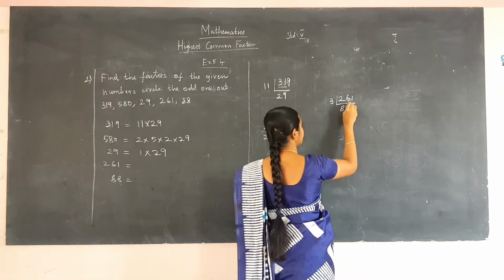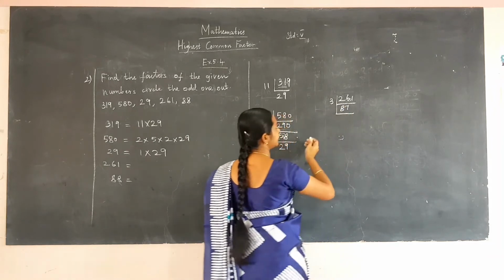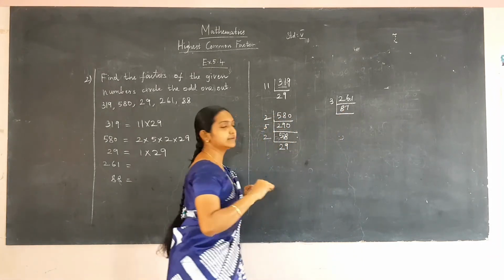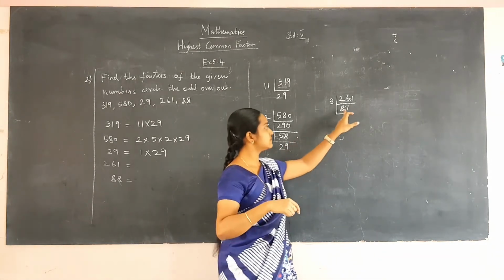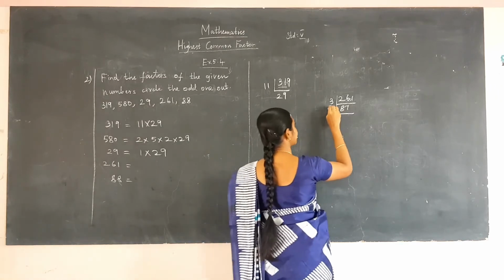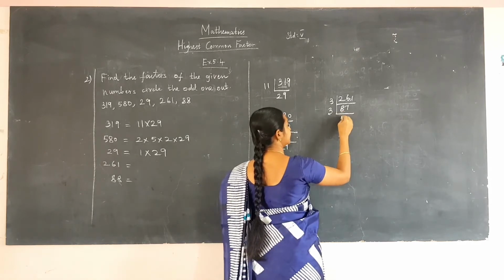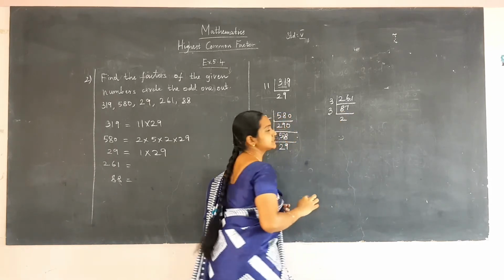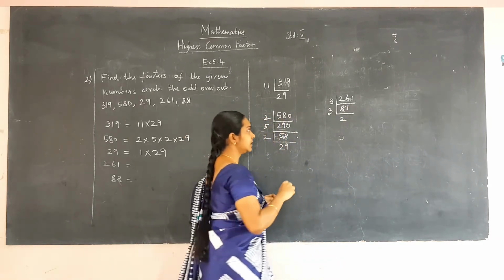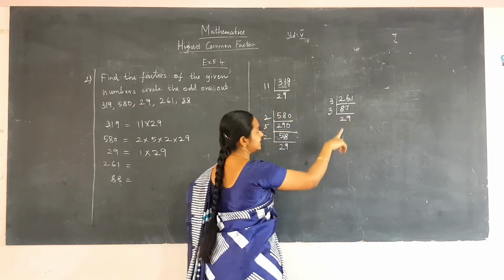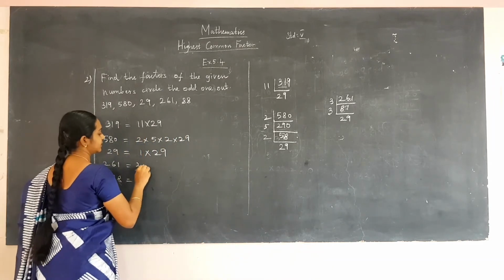7 3s are 21. Again factorize it with the number 3. Add 8 and 7. 8 plus 7 is 15. The number 15 is divisible by 3, so 87 will be divisible by 3. So let us factorize it with the number 3. Consider 8. 3 into 2 is 6. We have remaining 2, so the number here will be 27. 9 3s are 27. Let us stop with 29 because 29 is a prime number. 3 into 3 into 29.